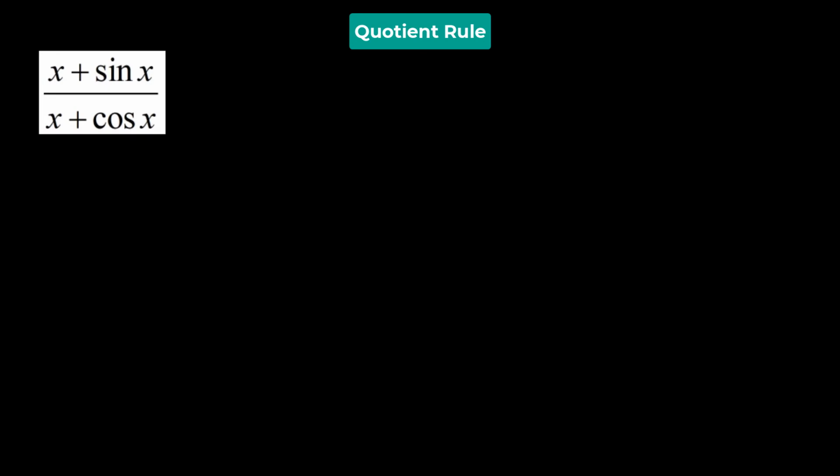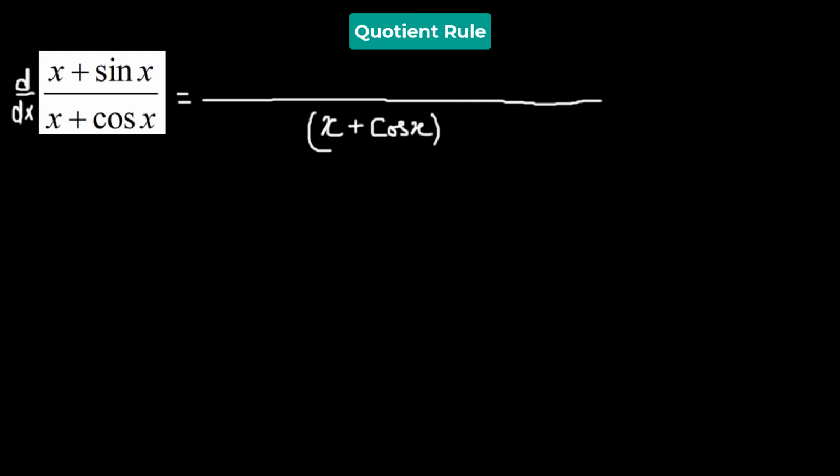Now we have the function x plus sine of x divided by x plus cosine of x. So let's find the derivative. So we will have in the numerator, in the denominator, let's begin with that. We have x plus cosine of x whole squared. Then we begin with the same function in the numerator. So we'll have x plus cosine of x multiplied to the derivative of the numerator, which is x plus sine x, minus x plus sine of x